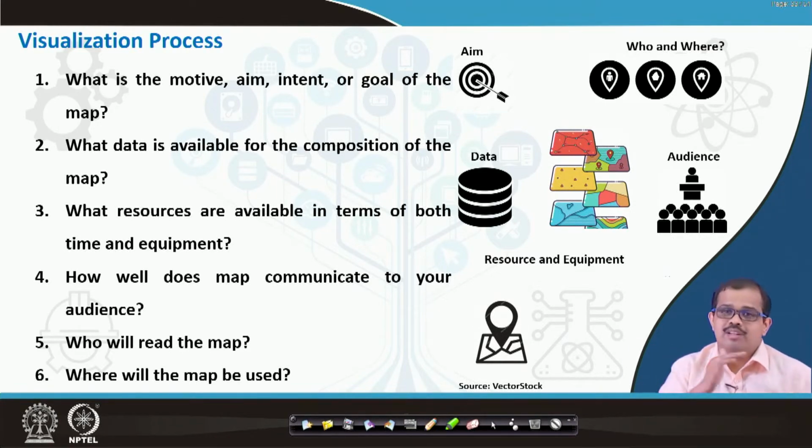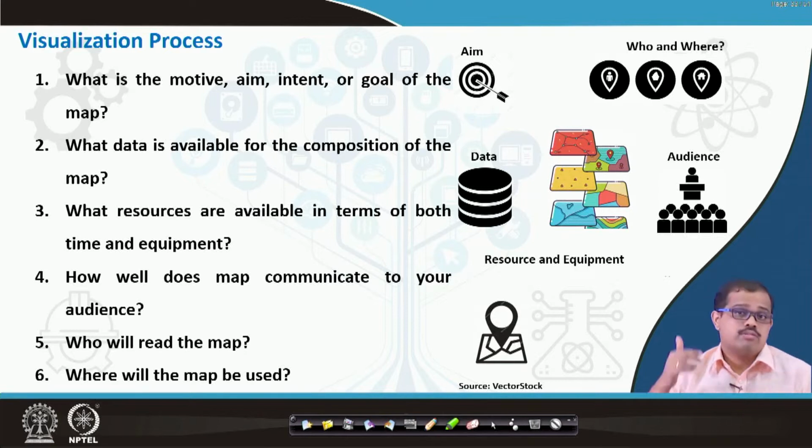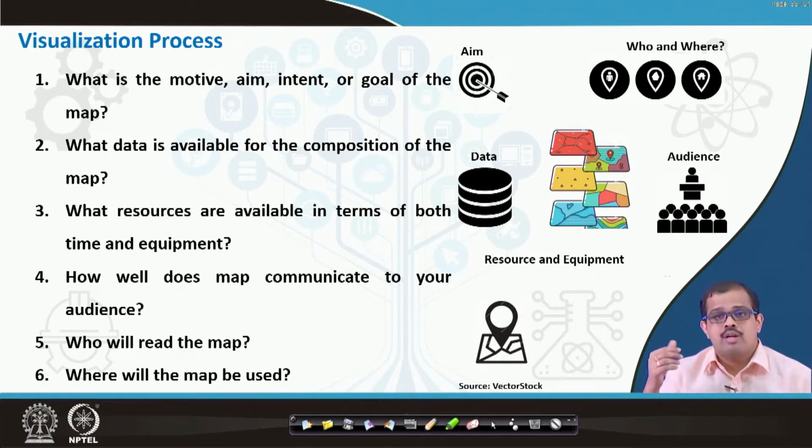That is another very interesting thing. You have to first think who will actually consume or use your map for any purpose, and for what applications. Only in such cases will you be able to look at the map intent. Then where will the map be used, whether for certain purposes, certain issues, looking at certain phenomena, or just for visualization purposes. Based on that you will look at what kind of visualization you need. So all of this has to be thought about when you are visualizing it.